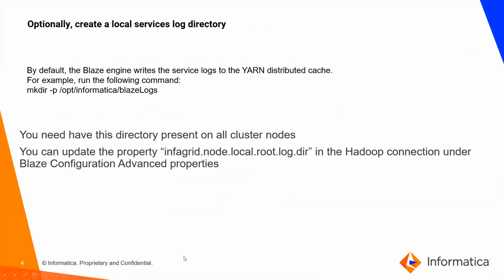Moving on. Next one is optionally you can create a local service log directory. By default, the Blaze engine writes the service log to the YARN distributed cache. For example, you can run the following command to create this directory. But you need to make sure that the same directory structure exists on all the cluster nodes on which the Blaze is running. You can update this property under infa node local root log directory in the Hadoop connection under